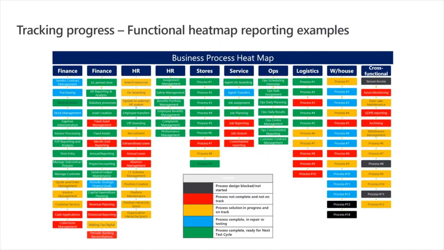Here's another example of how we would recommend you think about reporting progress, right? So this is a very simple functional decomposition. It's a functional breakdown of various different work streams. You can do this either as a business process flow, or you can do it as a functional decomposition like that. It's a visual way, which gives you an immediate clue if you're a business stakeholder as to where the